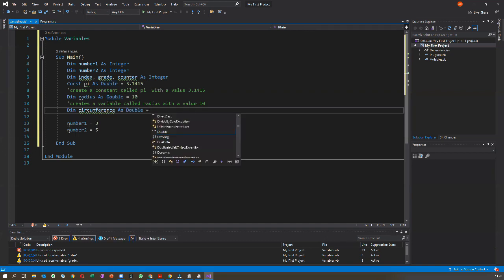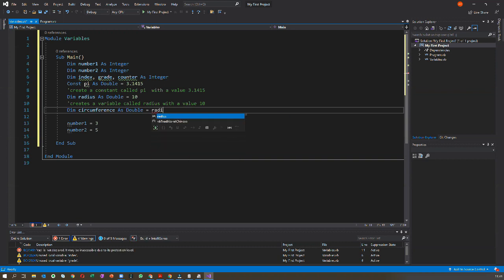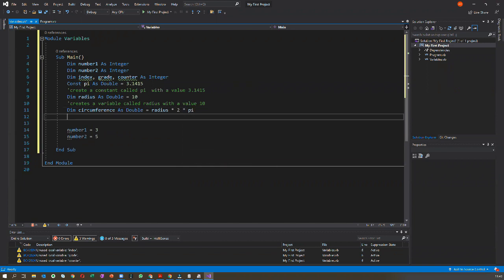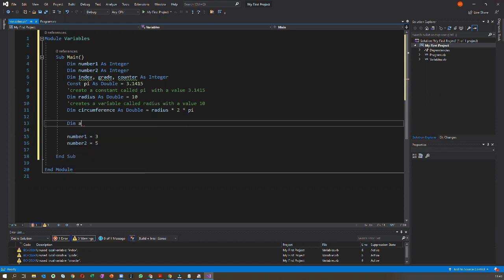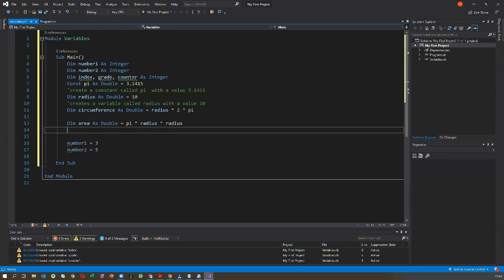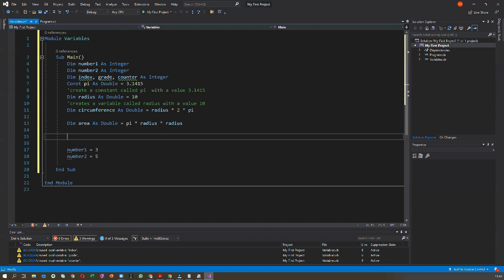And here I can directly tell what the value of circumference is. Okay, and then here I will output